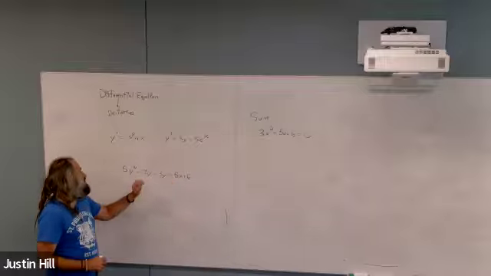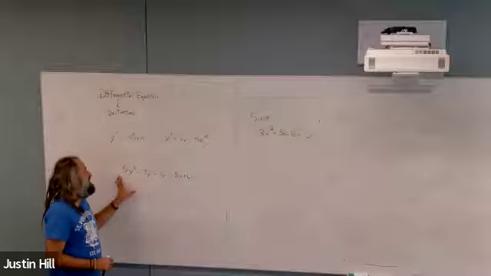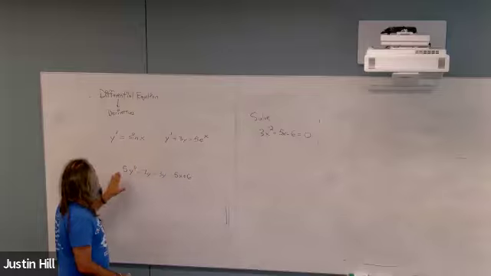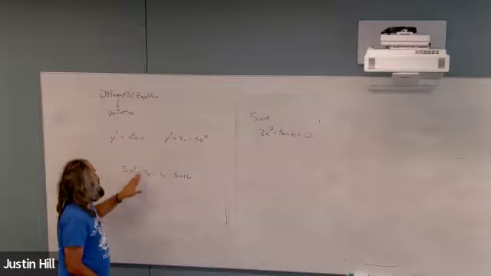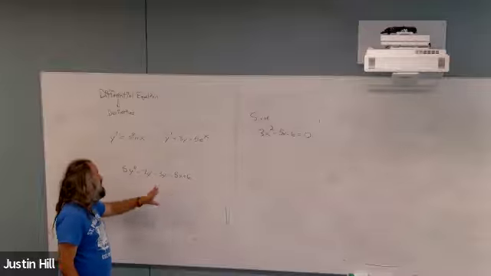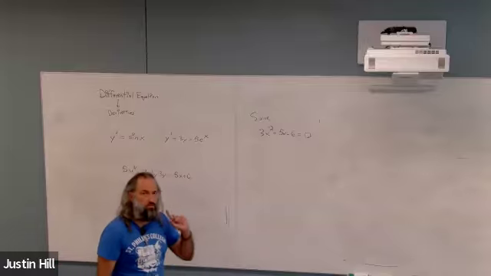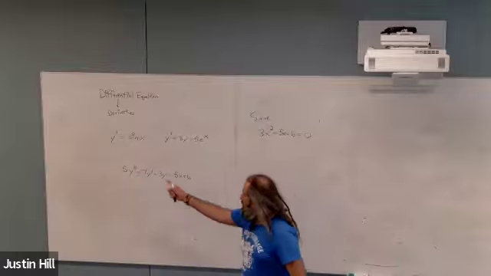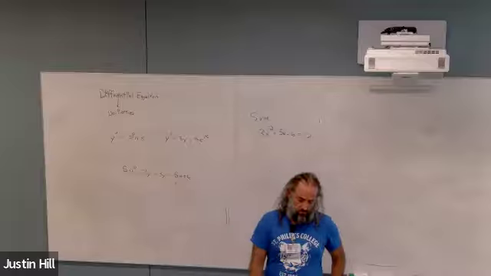I know the second derivative, I know the first derivative, etc., and I know the result of all of those things. So I know 5 times the second derivative of y minus 7 times the first derivative of y plus 3 times y equals 5x plus 6. And I want to go back and find what y has to be